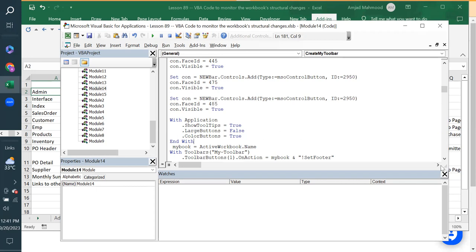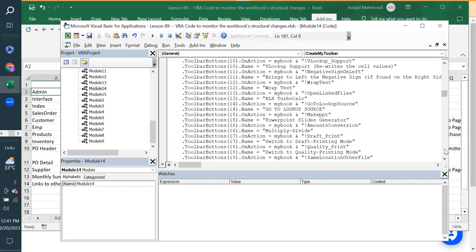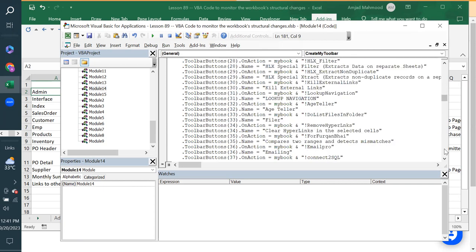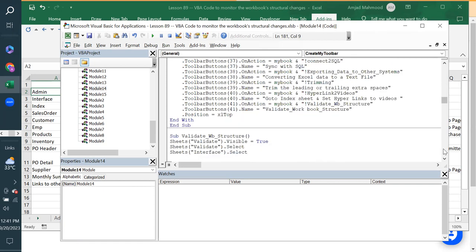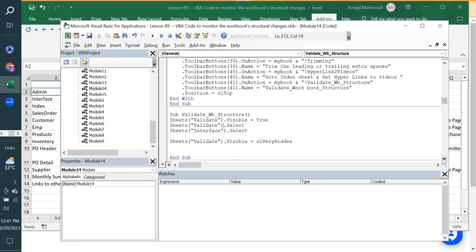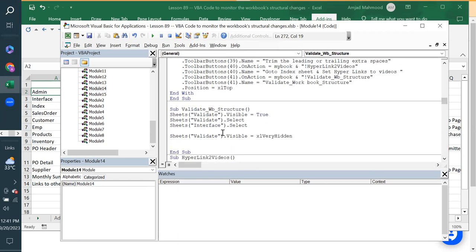Okay, fair enough. Because each number comes up with a new face ID with a new shape of the button. Okay. So as soon as you click on it, then this is going to be performed, and this is just